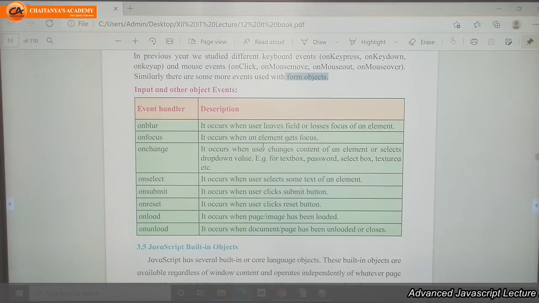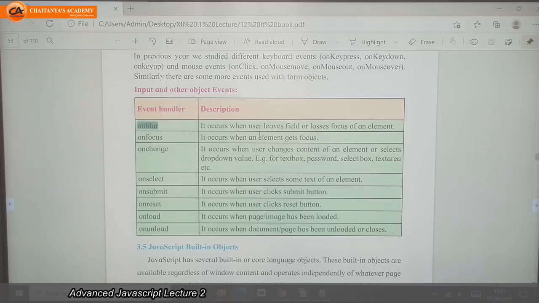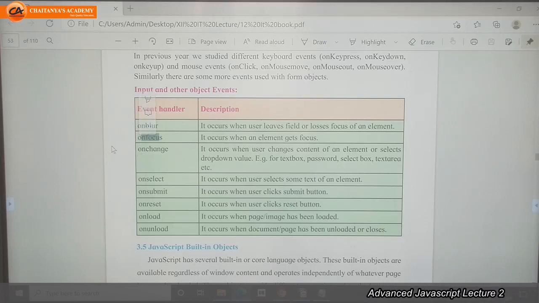Similarly, you can write events like onblur, meaning whenever we lose the focus of that element, we can call this event. Onfocus, once we click on that element, meaning we set the focus on that element, then we can call this event.